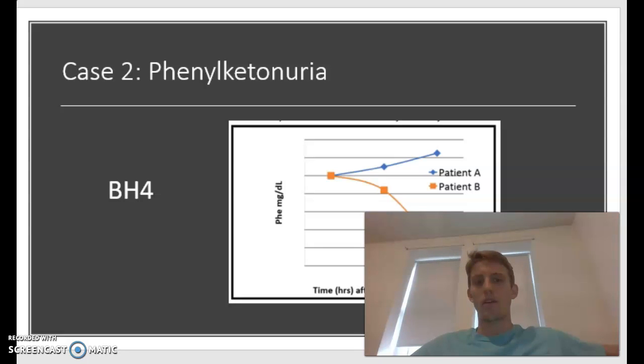However, there is variability among those with phenylketonuria who respond to BH4 supplements. So even though patients have similar genetic mutations, their responsiveness to BH4 can vary from one person to the next. It is suggested that patients undergo a trial period of BH4 responsiveness testing to determine the required concentration of supplemented BH4. So looking at the data shown in the graph,